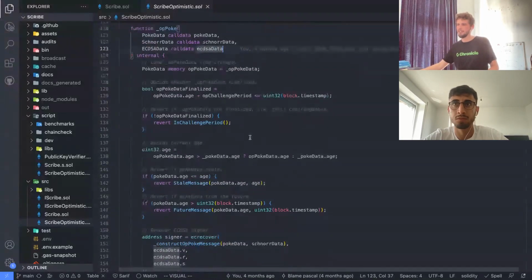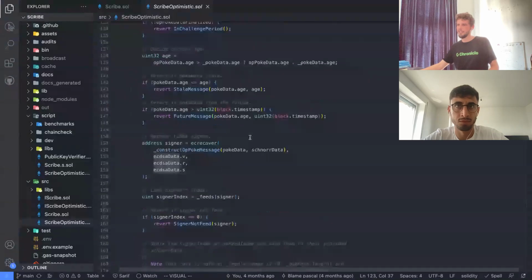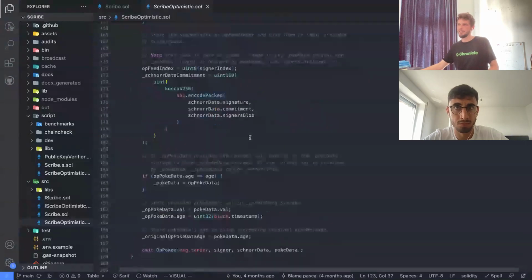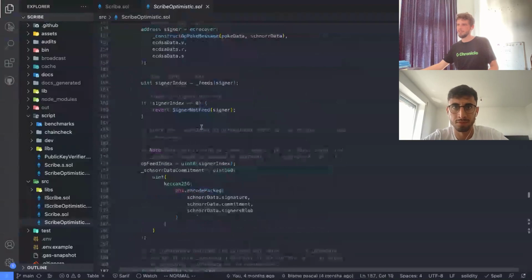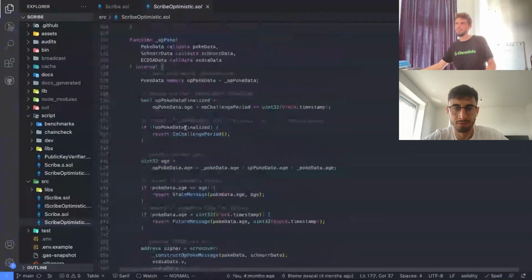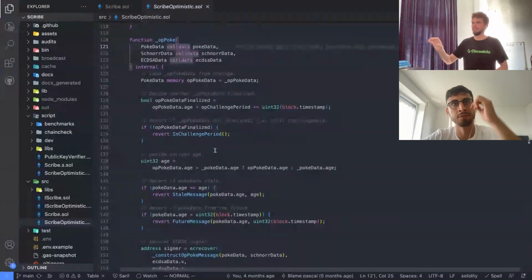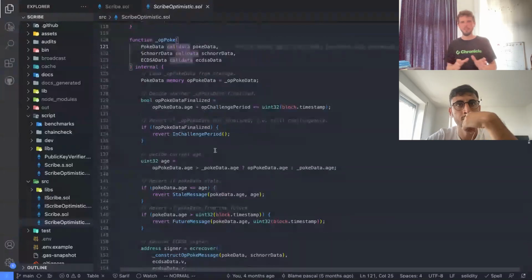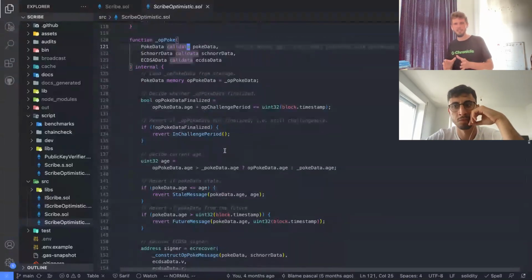And we see here that if we scroll through it, there's not a single loop. So there's an if statement, some hashes being executed, but not a single loop. So everything inside of this optimistic poke is constant. And this is the reason why we will use Scribe optimistic for layer 1, for Ethereum,